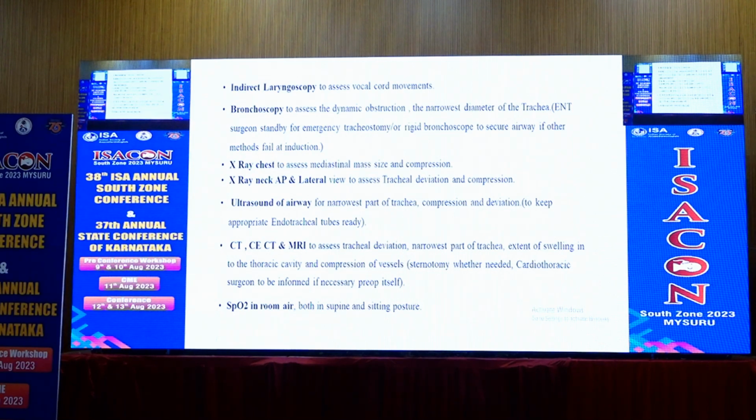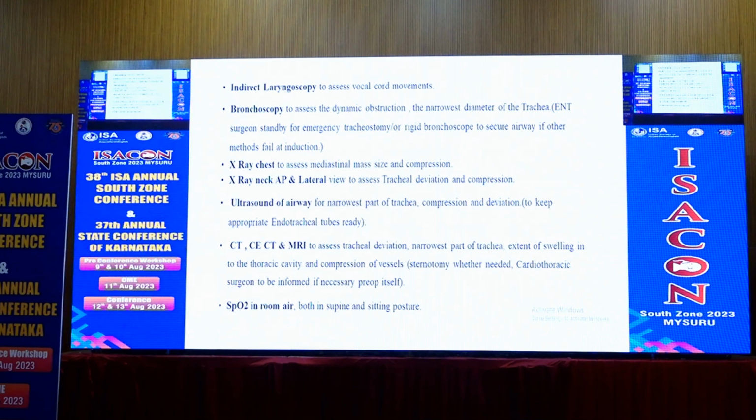And X-ray chest to assess the mediastinal mass size and compression. X-ray neck, AP and lateral is very, very important to see the tracheal deviation and compression, how much it is compressed. Of course, we have ultrasound of airway now, we all are getting adapted to it, and we all know it. So it will show us how much the distortion is happening in the trachea and what is the narrowest part. So we will be ready with the